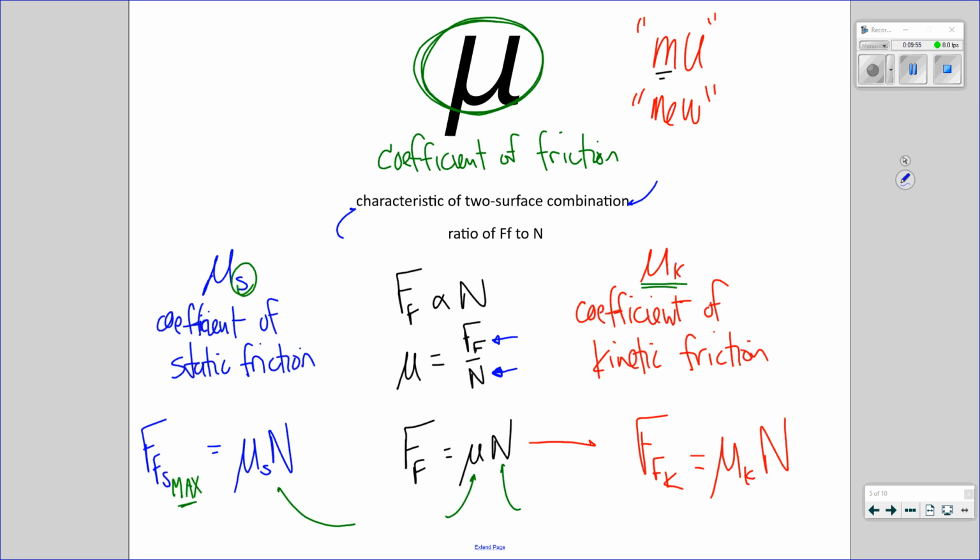One thing, notice here, mu is a ratio. A ratio of two forces. That means mu is measured in newtons per newton. And a newton per newton is not a newton. A newton per newton is a non-unit. A newton per newton is 1. So, facts about mu. It is unitless,